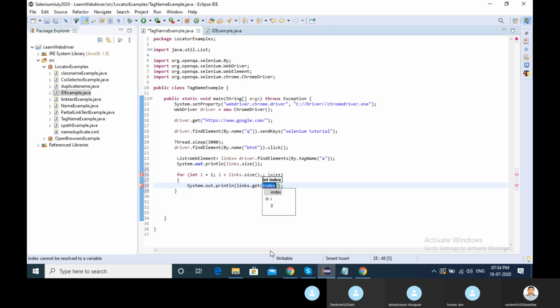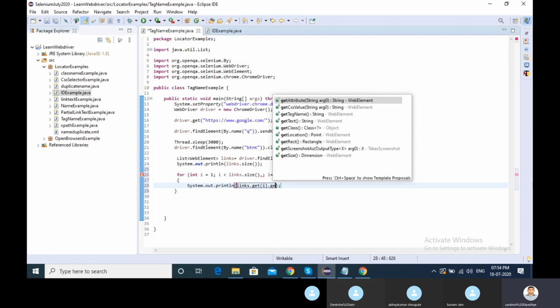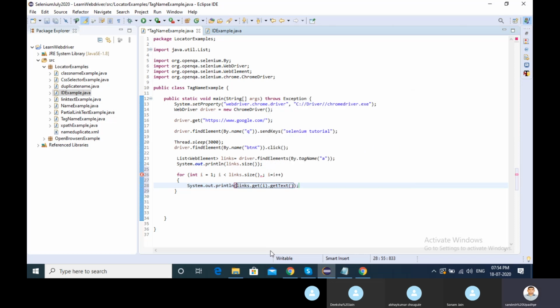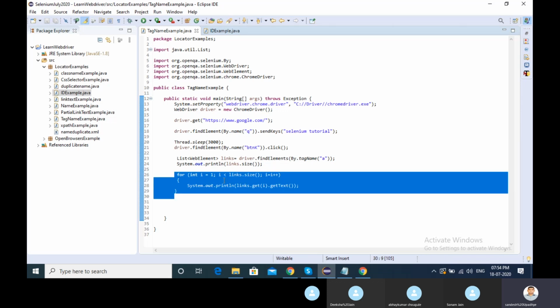Put i, dot getText. So I simply put a for loop, whatever the links, whatever the text, I want to print that text here. I just printed links dot get i, and it will print the getText.